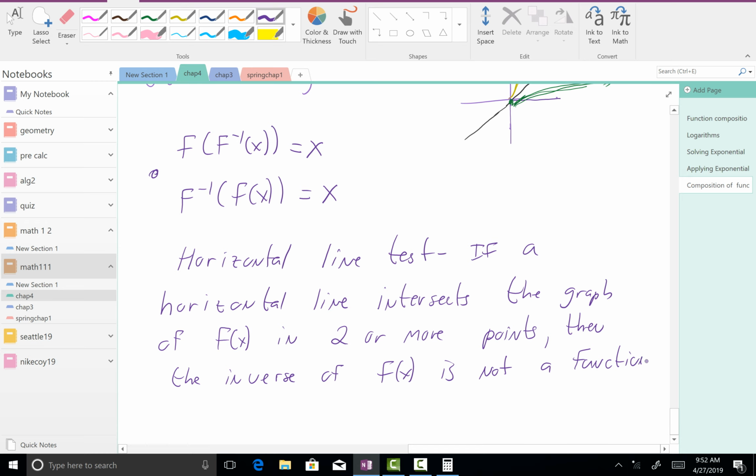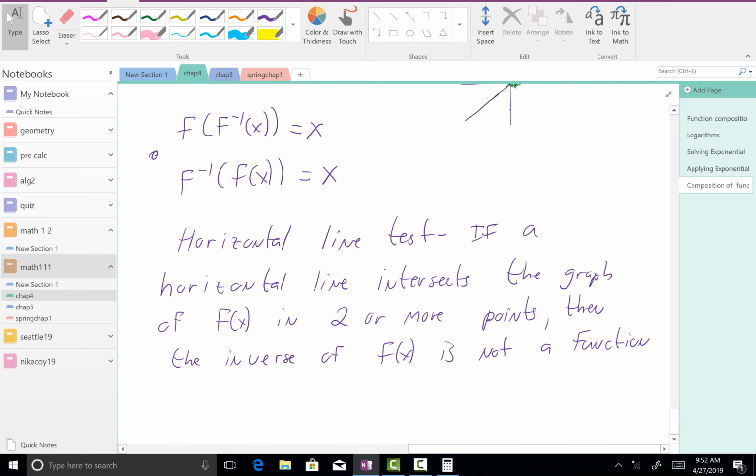That's what the horizontal line test says. All right. So now, if a graph passes the horizontal line test,